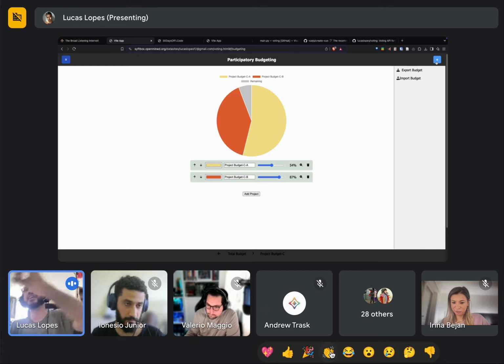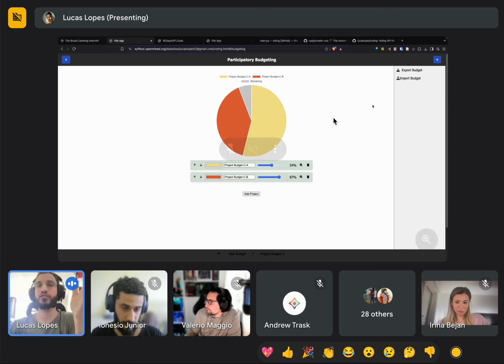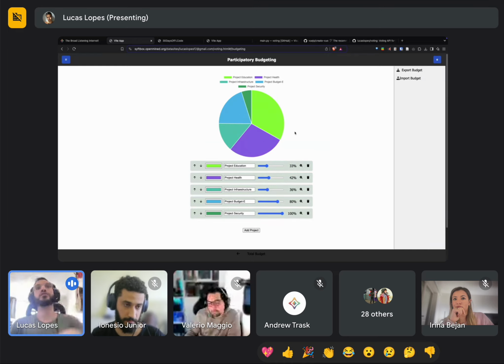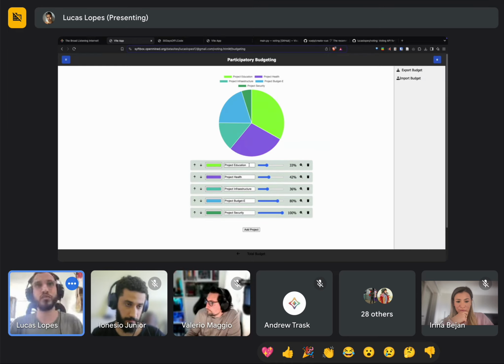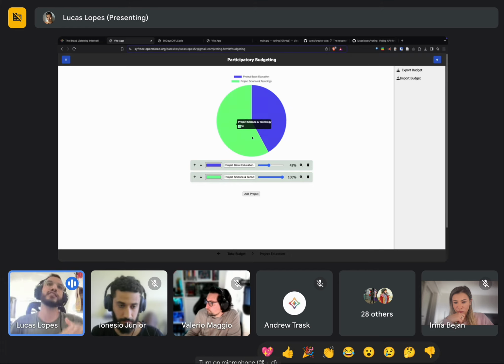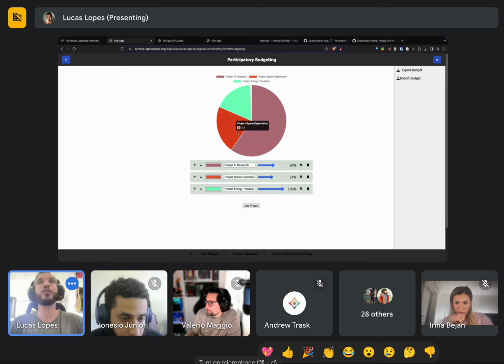What I'd like to show here in the side menu is that we can import and export the budgets. The idea is that soon it will show all the public budgets that we have in the SyftBox as a list, but so far we need to do this manually. So let's import the budgets that I have here on the desktop. I have this one for government spending. So we have projects: education, health, infrastructure, a lot of projects. And inside education, we can have science, technology, and basic education. And inside science and technology, we can have AI research, space exploration, and energy transition.